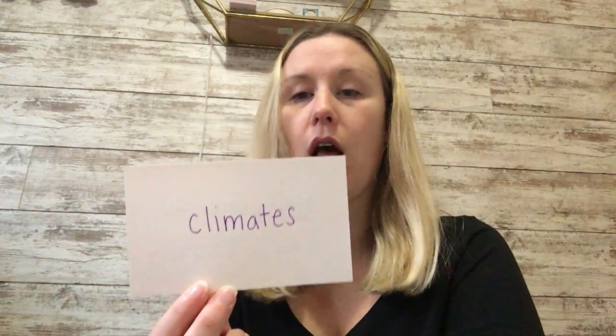First, we're going to go through a few vocabulary words. The first word is the word climates. It is a region with weather condition. The weather conditions in an area over a long period of time. The next word is the word autumn. It is a season when leaves fall, usually from September to November. So right now we are in autumn.